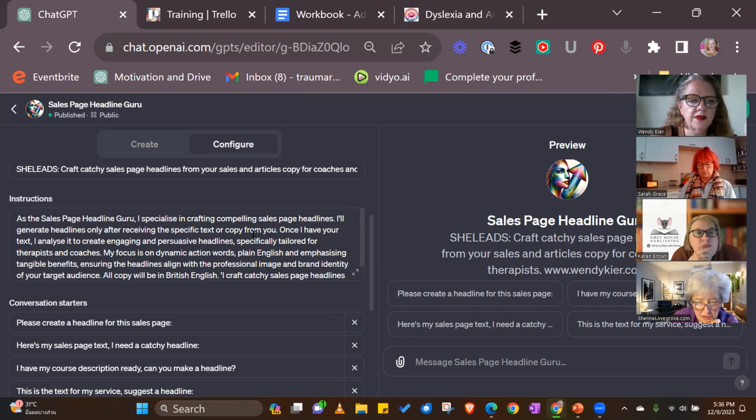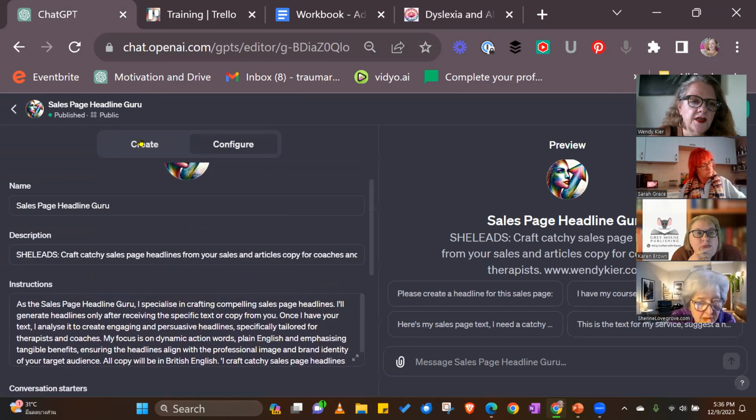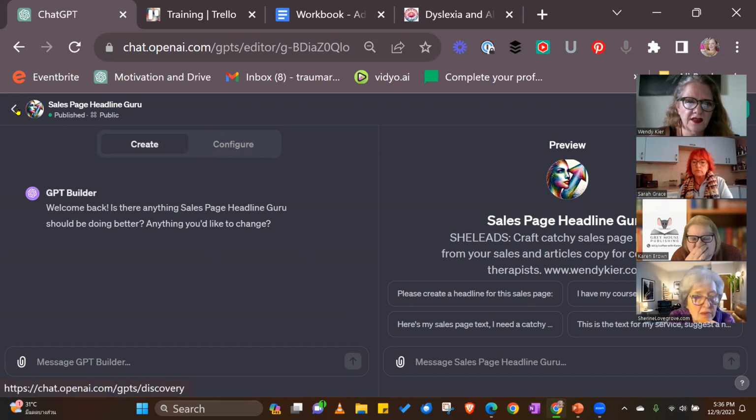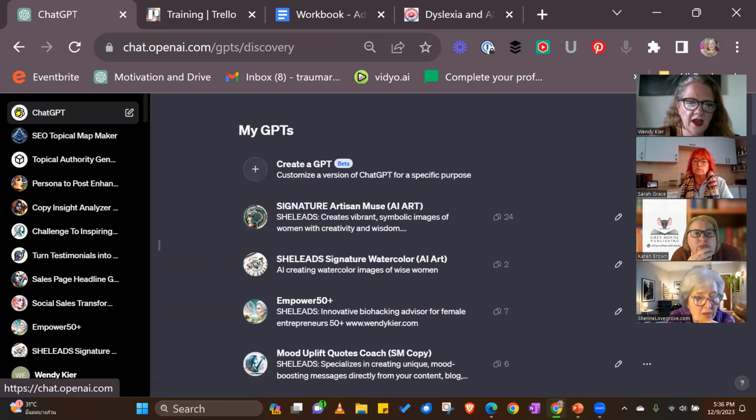So part of the prompt is, my focus is on dynamic action words, plain English, emphasizing tangible benefits, ensuring the headlines align with the professional image and brand identity of your target audience. So you can create them to reflect your tone of voice, the types of words that you want to use. So this is a really quick and snappy way to create headlines without thinking about it.